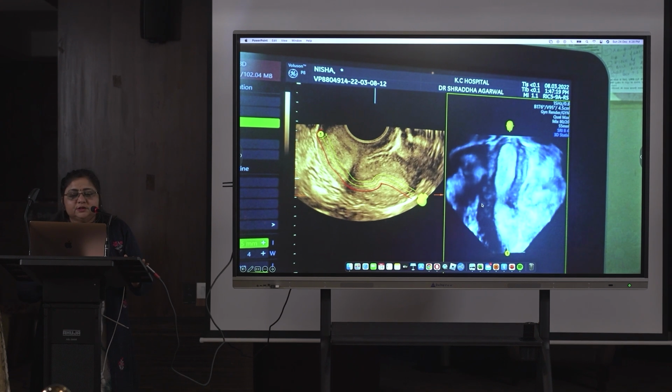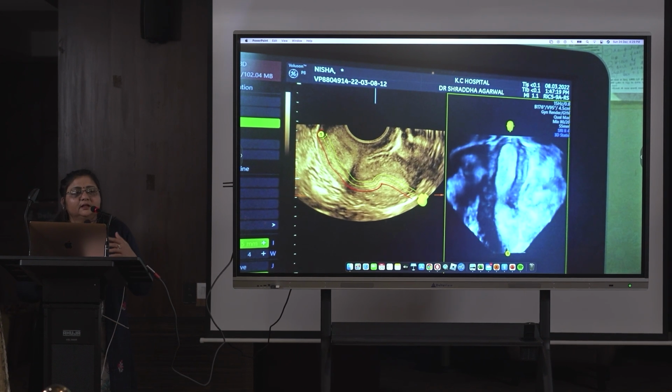So now I'll show some slides and ask you which type of uterus this is. Unicornuate. You can easily make out, no? So when I was doing a 2D ultrasound, can you make out from this picture that it will be unicornuate? But when I did 3D for this patient, it came out like this. And then I sent this patient for HSG also. I thought HSG will be more confirmatory, to look for the tubes and patency of tubes, because patients with unicornuate uterus also become pregnant.